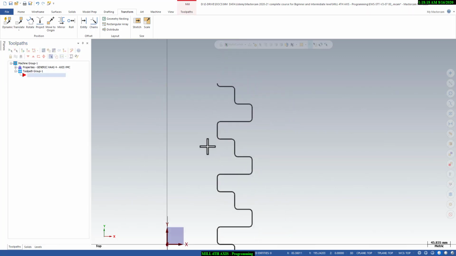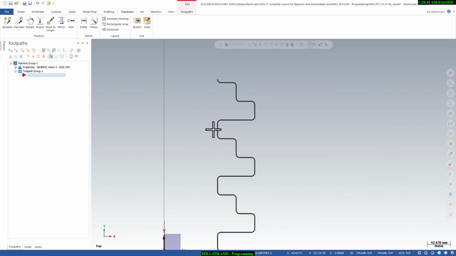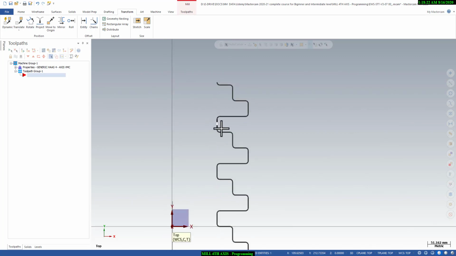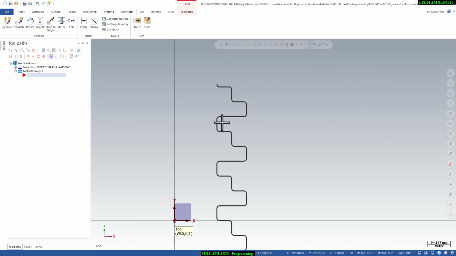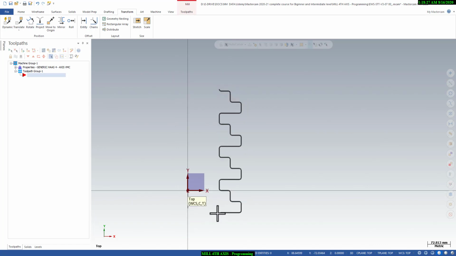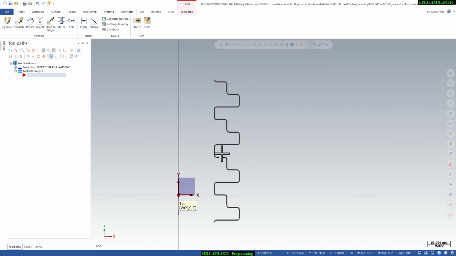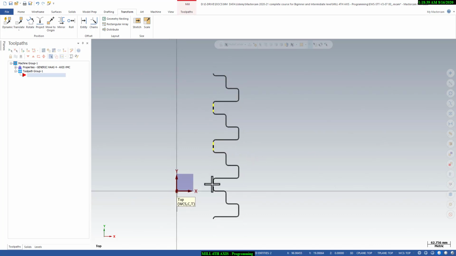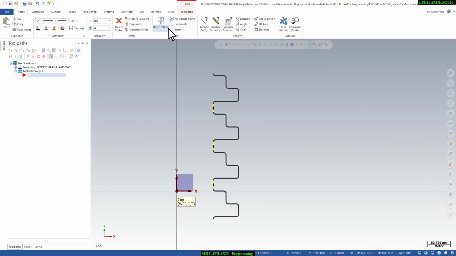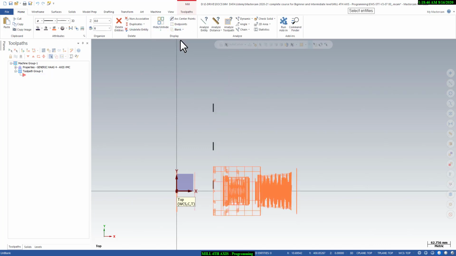So one more thing we don't need, that is this curve, right? But in future we need it because we have to create a finishing program also by using this curve. So we will keep it. Otherwise you can blank it. I will blank it, and when I need it again, I will do unblank and I will get that back.